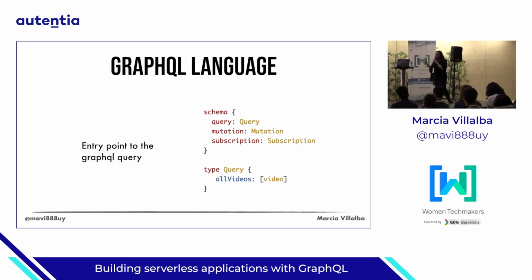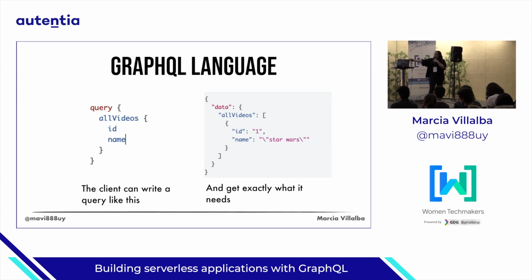Queries are in all GraphQL applications. So in general, we need to find data, and that's why we write the application itself. Mutations are in general in 80% of the GraphQL applications, and subscriptions depend on how you implement this, because you can have a totally functional GraphQL application without subscriptions.